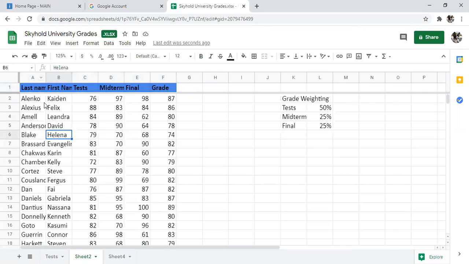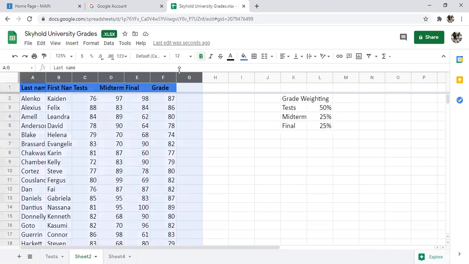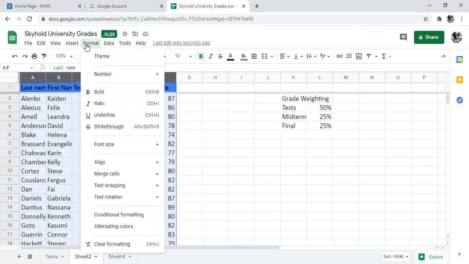Then we're going to adjust the column width. We're not going to use auto fit for these. Instead, we're going to set it so all the columns are the same width. So I'm going to select the columns we want to change, that would be A through F, and then I'm going to go up here to format and